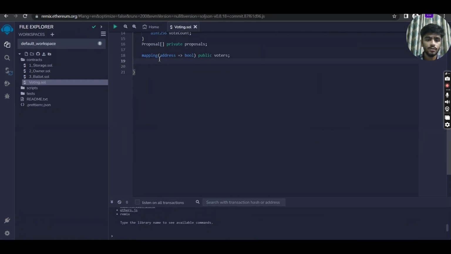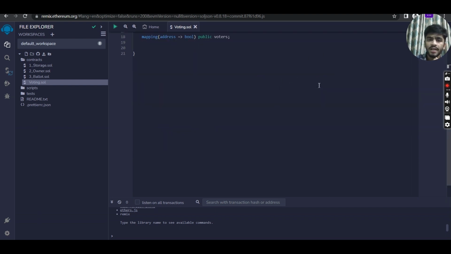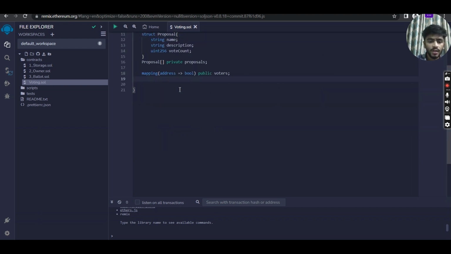Okay, so now we need to create the functions. Keep track of voters and the functionalities: add proposal, vote on a proposal, get proposal count. These are the functionalities which we are now going to create. Okay, function, first of all, adding a proposal. Add proposal. Okay, so string